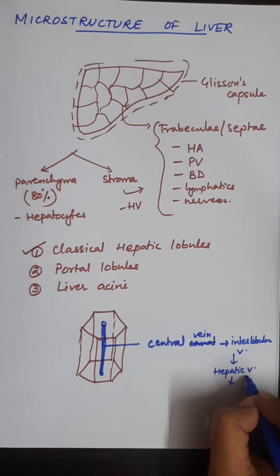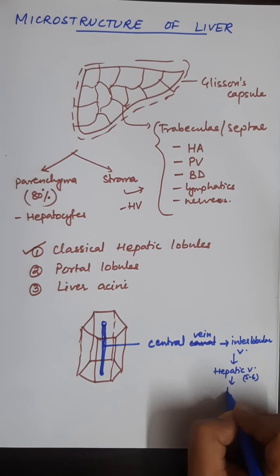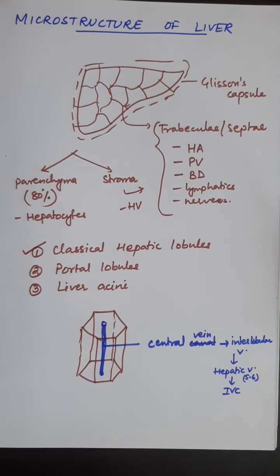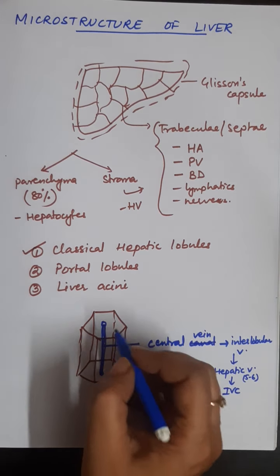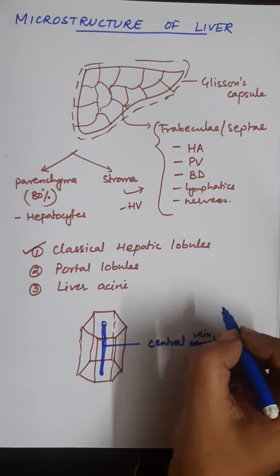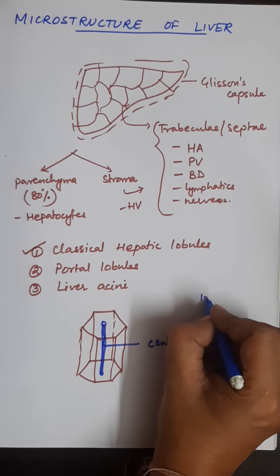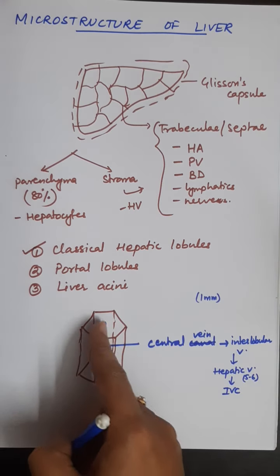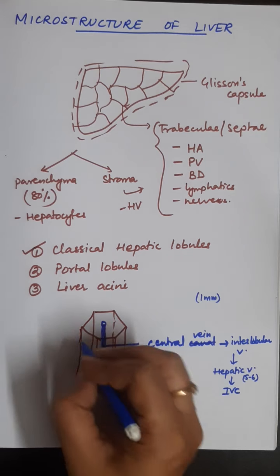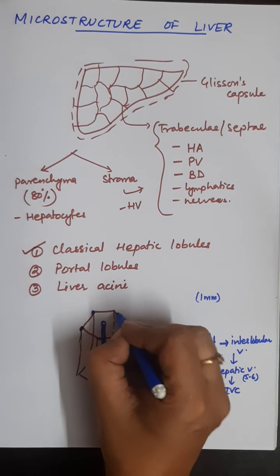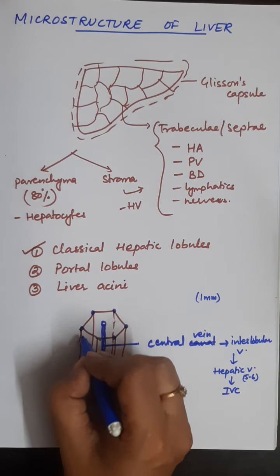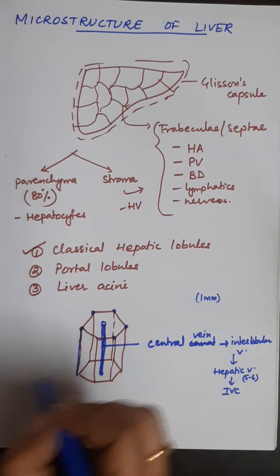These hepatic veins are 5 to 6 in number, and then they drain in inferior vena cava. So each classical hepatic lobular hexagonal structure is 1 mm in diameter. Center is occupied by the central vein, and the 6 corners are occupied by tributary of portal vein,